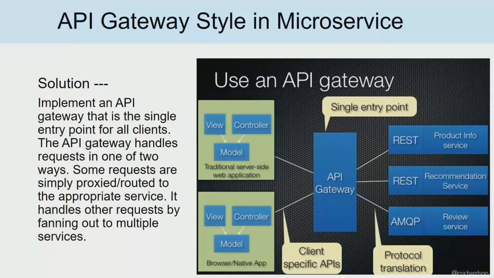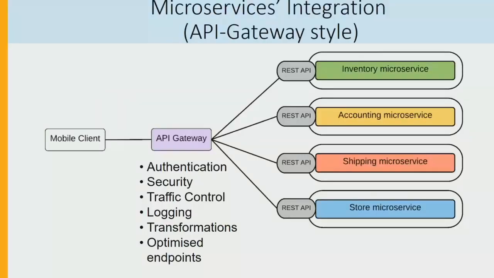And if your application wants to serve some static content, that can just be cached at the API gateway itself. It doesn't have to be at the source. So it simplifies a lot in terms of application architecture. Not only that, you can implement authentication for your microservices, you can do traffic control, and monitoring across microservices becomes very easy because you can log everything from the gateway itself. You don't have to monitor each microservice. You can do some extra transformation, some extra encoding. So it gives you a lot of control over how you interact with the client as well as how you